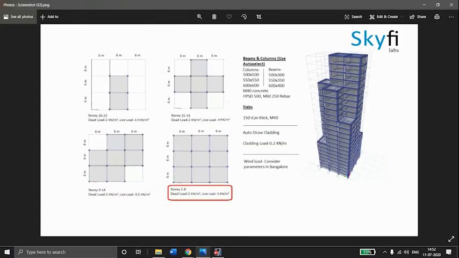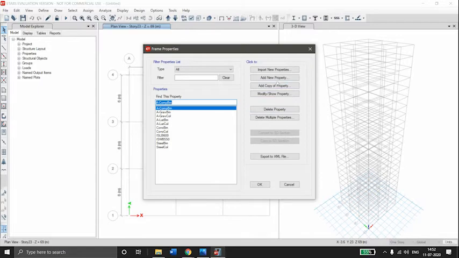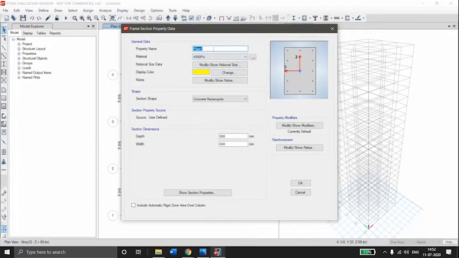According to our problem statement, there are three columns. So we'll first define all the columns. Add new property, rectangle, property name capital C, 500 by 500, material M40, 500 by 500.